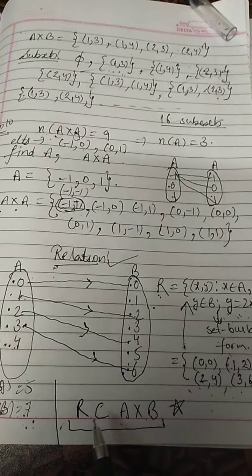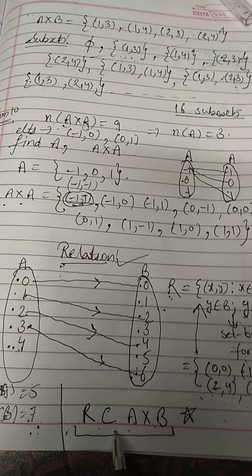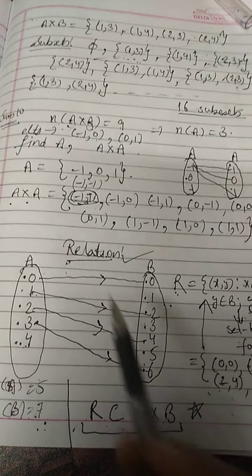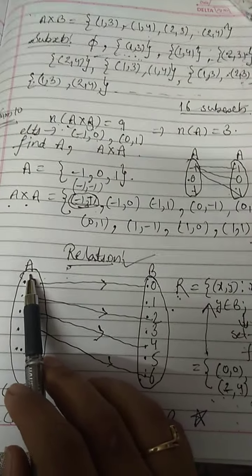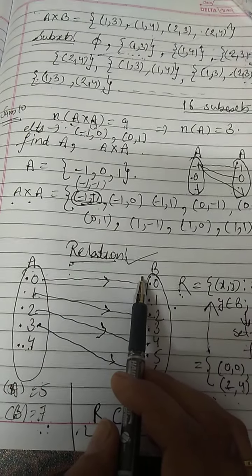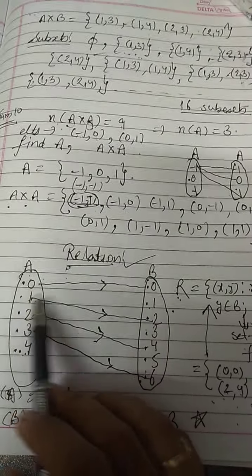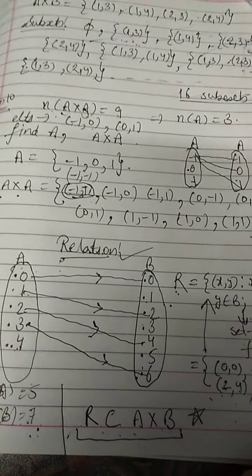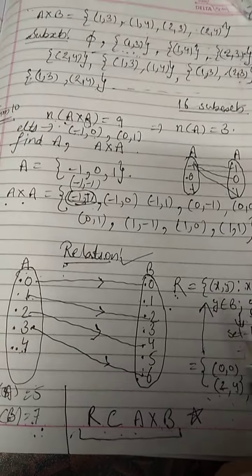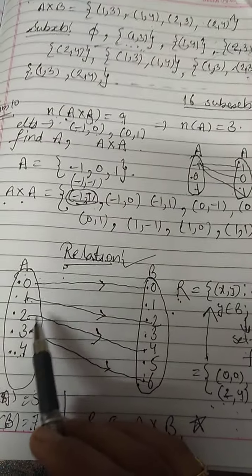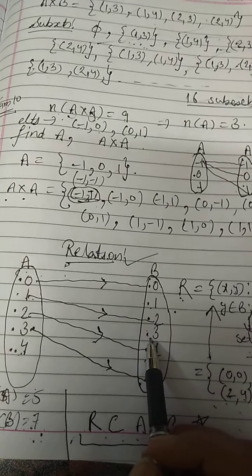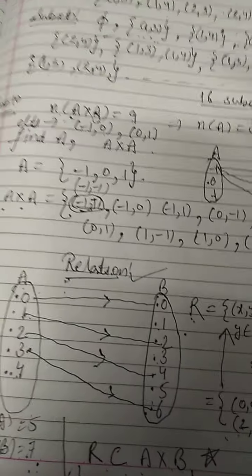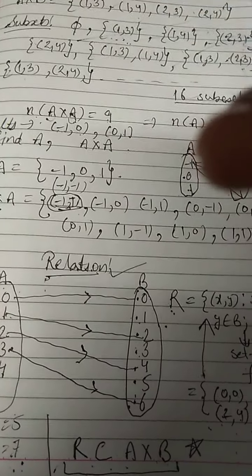Right? So remember the definition. It is given in the book, but the more important thing is to understand what a relation is. A relation is defined from a non-empty set A to a non-empty set B. Once again, the criteria is that the sets should be non-empty. If either set is empty, then we cannot make any relation between the elements of the sets. So the relation R from a non-empty set A to a non-empty set B is a subset of the Cartesian product A cross B, and the subset is derived by describing a certain